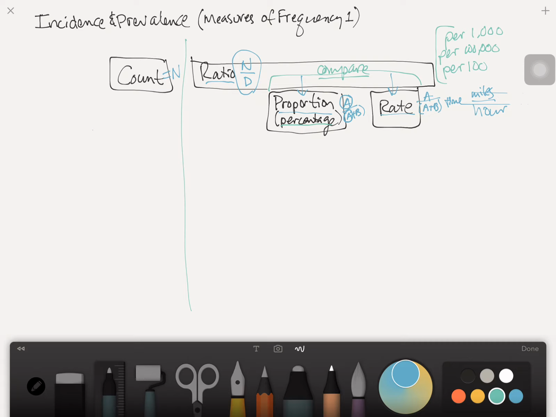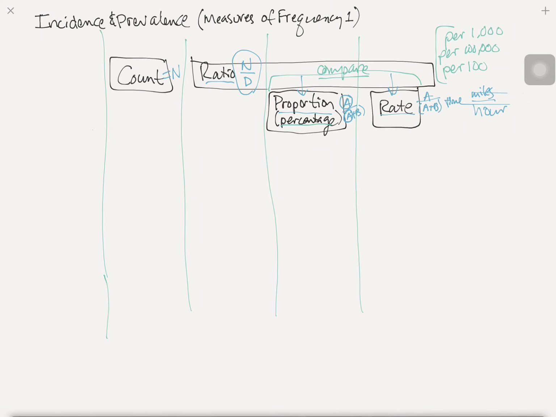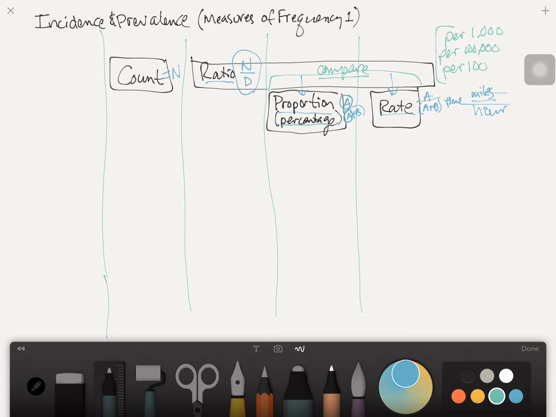So let's take a look, and I'll draw the rest of these columns here. Let's take a look at what we would like to do with a couple of things. There are two primary things that we like to count. And those two things are, we like to count the number of existing cases, and we like to count the number of new cases. Now, why would we want to count the number of existing cases? The answer to that is, and I'll just put Y over here,